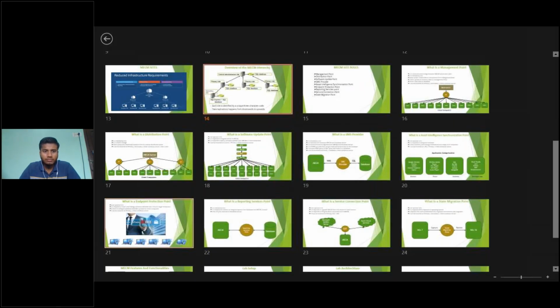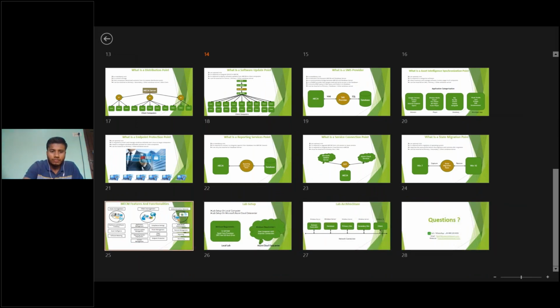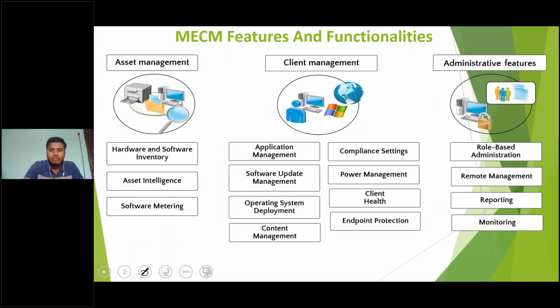Yes. Then we will discuss the SCCM features and functionalities, what all things you can do through SCCM. This product will help you to do hardware and software inventory. You can get information about the computer. You can scan the machine and get the machine information: how many hard disks are connected to the computer, what is the hard disk size, what is the free size of the hard disk, how much RAM is given to the machine, how much processor is given. So you can get complete information of the devices, how many software are installed in the machine, what all software is installed, what is the information of software, hardware and software, plus asset intelligence, software metering.